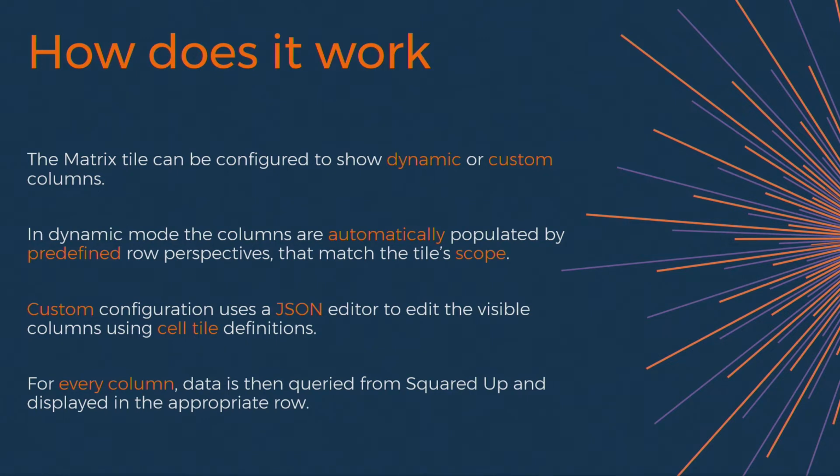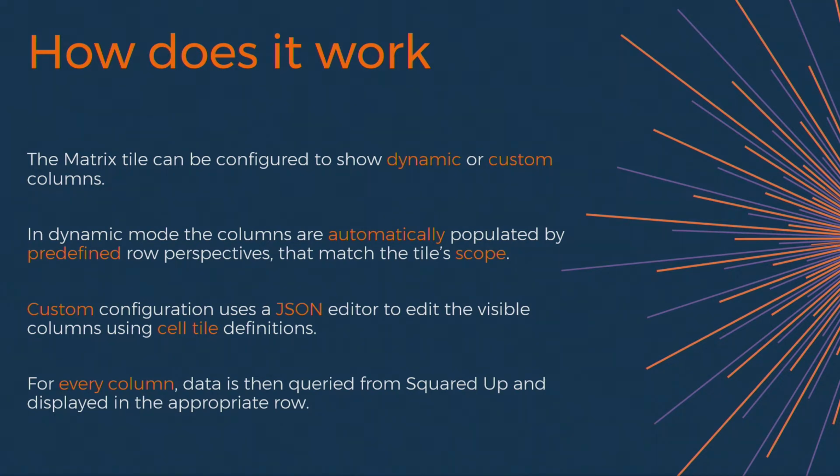Now, one quick point and recommendation I'm going to make to you here is that for every column that you define, data is queried from SquaredUp in batch. Then we sort that and display it in the appropriate row. So for example, if you say you want one row to be a CPU performance metric, we query CPU metrics in one go for all of the servers in the scope of this tile. And then SquaredUp knows how to appropriately assign the values from each metric it got back into the appropriate